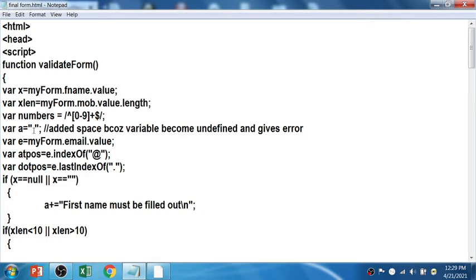See, the variable a, I have kept only a space. This will add the space, because otherwise the variable becomes undefined and gives an error. I don't want an undefined value, so there should be a space at least.